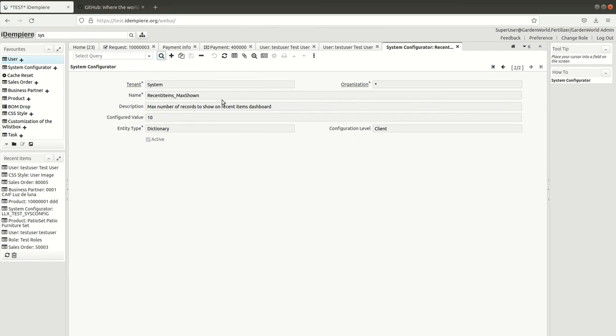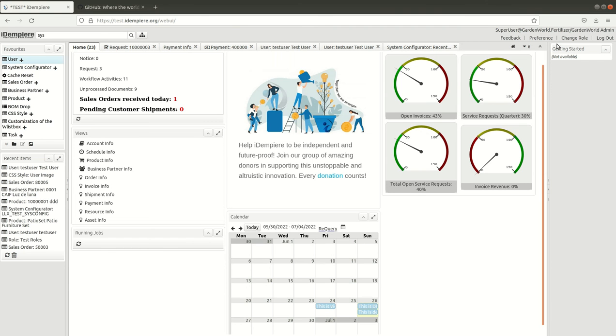Okay, this sysconfig will be used to show more items in the recent item. Currently the value is 10. You can set 15 or 20 items also. We can check this later. Okay, let's check that sysconfig we discussed.